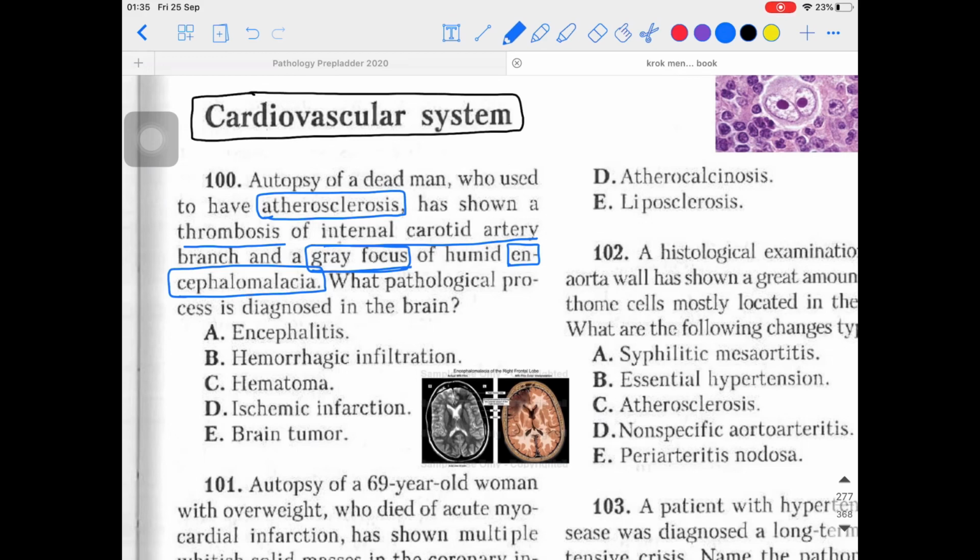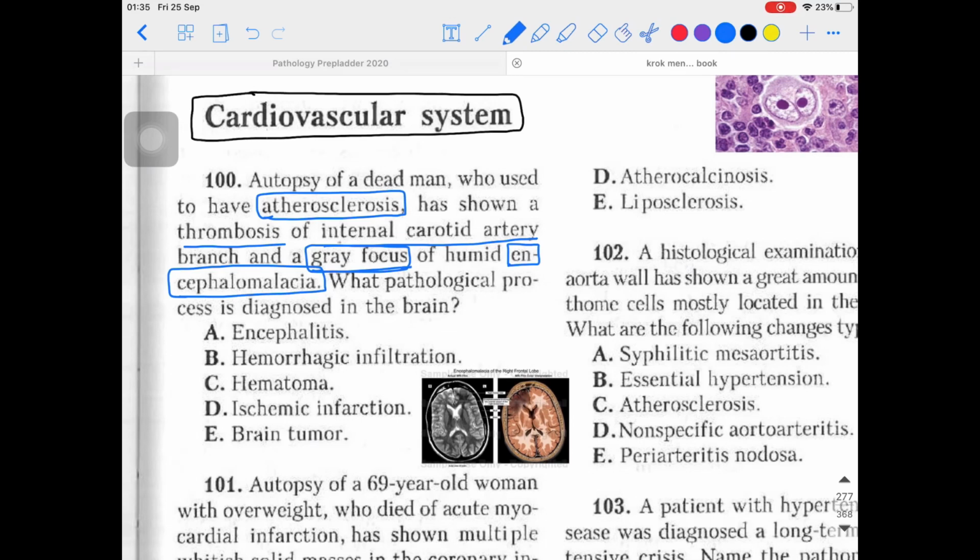First of all, encephalomalacia is a softening or loss of brain tissue after some kind of infarction. Encephalo means what? Brain. Cephalo means head, encephalo means brain. Malacia means softening, softening of any kind of structure. So here the softening of the brain tissue will be happening. So encephalomalacia is a softening or loss of brain tissue after cerebral infarction.